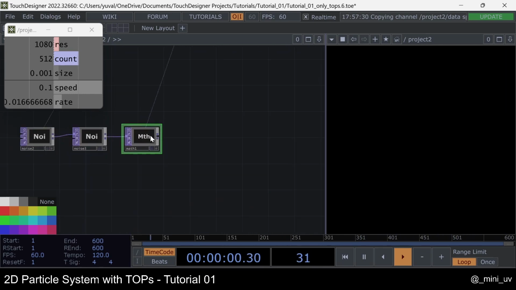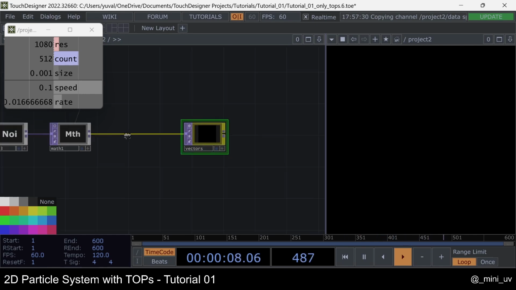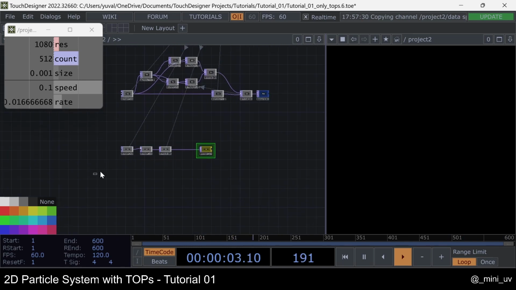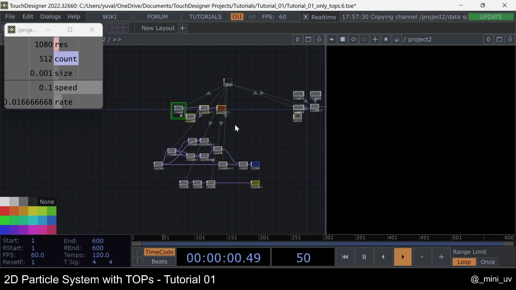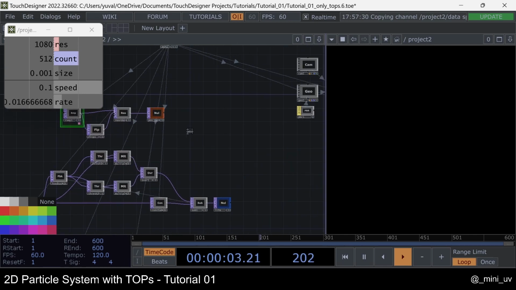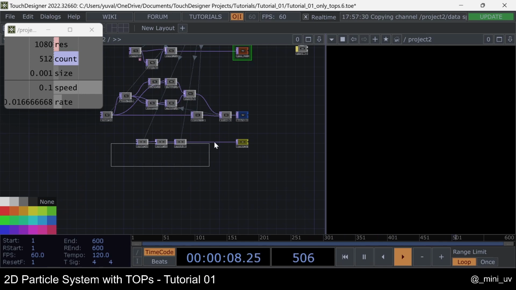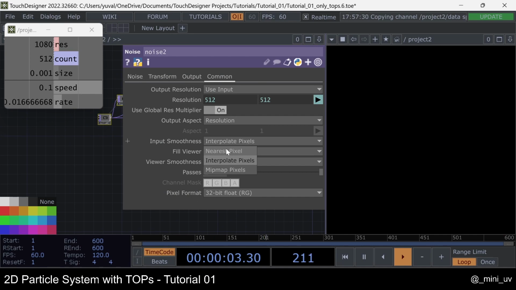So yeah, let's grab a null here and make it vectors and yellow. Great. So we have, I think, everything that we need for building the last part, which will be the compute part. Let's make everything here nearest pixels also. Okay,